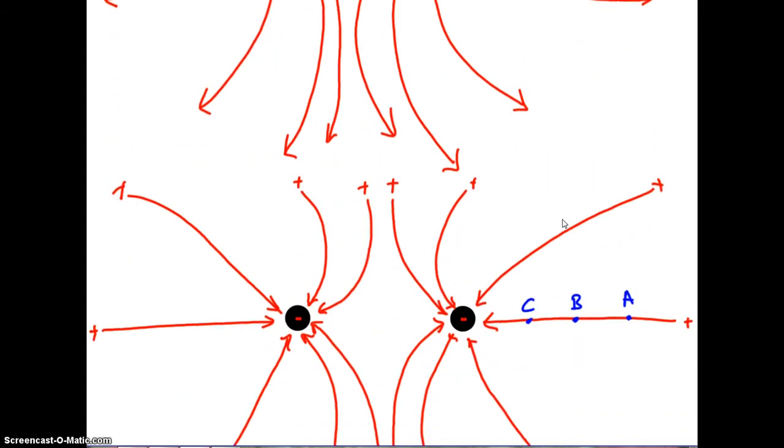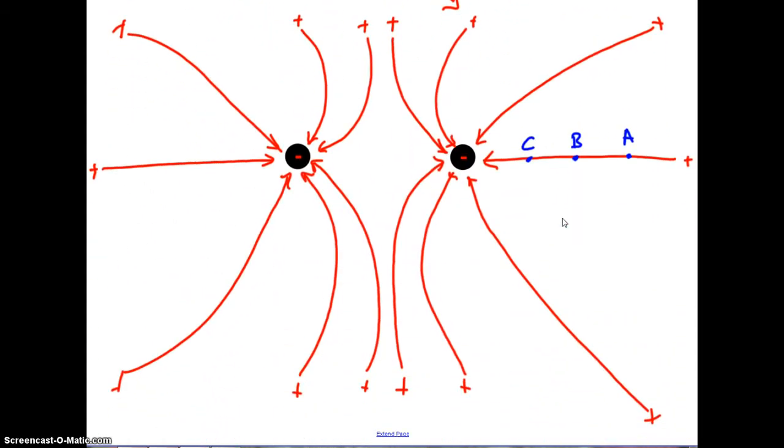Next, we'll draw the electric field lines, electric lines of force, for 2 negatives. We start with our test charges far away, within the limit of your paper. And once again, these field lines look similar to the previous ones, but with opposite arrowhead directions. Something important to note here